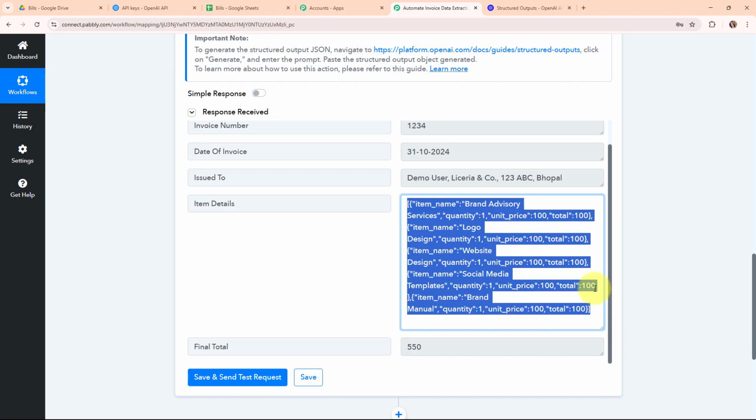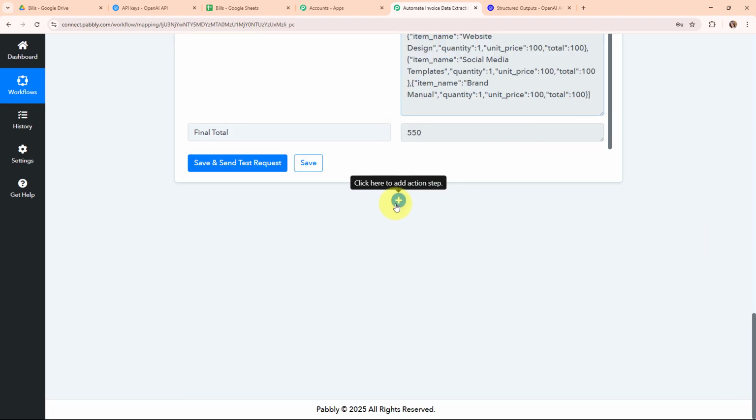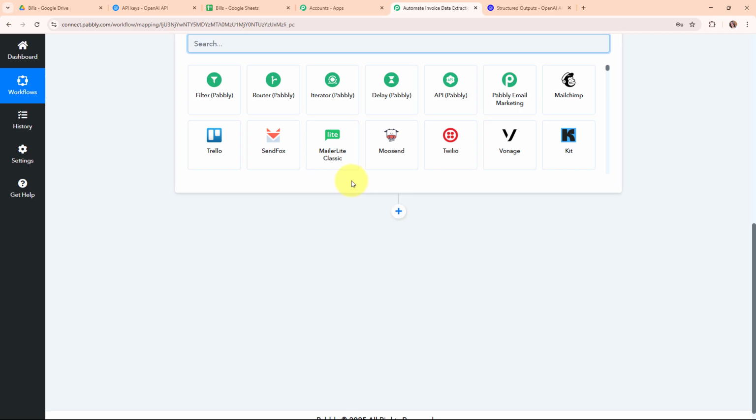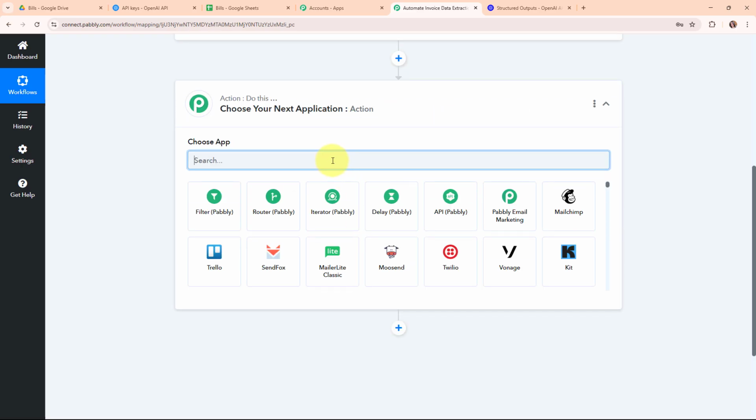So now here you might be thinking that how we are going to add these details in our Google Sheets. So now here before directly adding the details in our Google Sheets, we are going to sort this array. That means we are going to extract the details from this array and organize them in a simple format with the comma separated values. So here to do so, what we are going to do is that we are going to add another action step over here. And here in this action step, we are going to use a feature by Pabbly, that is